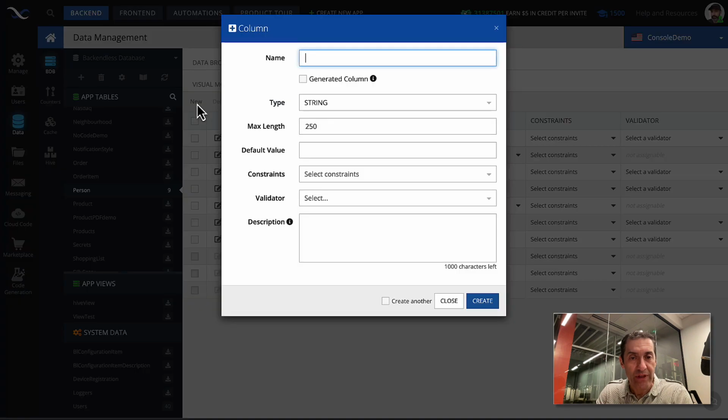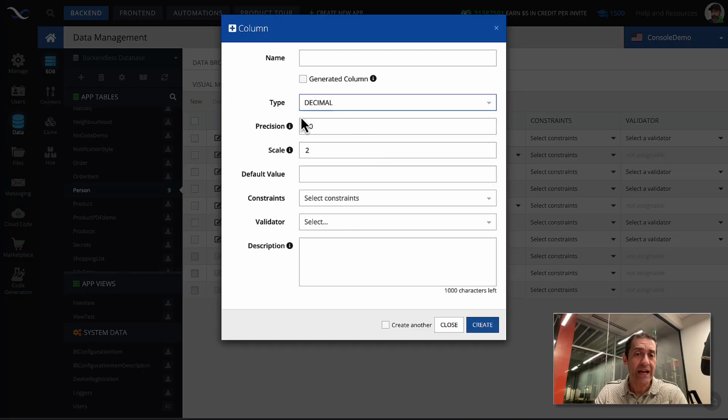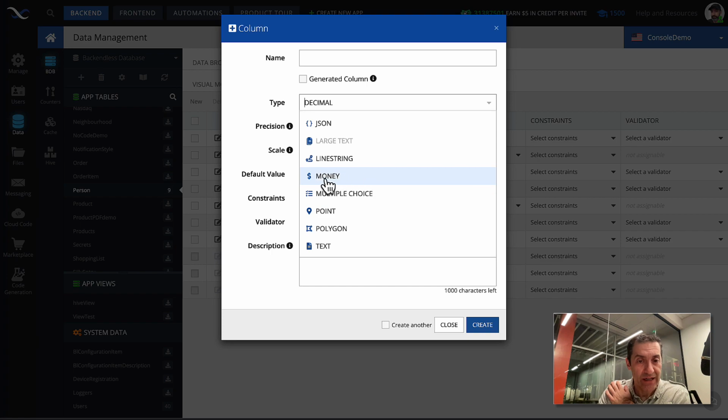the data type that is decimal. So here is decimal. And as you can see, there are these two parameters: precision, which is the total number of digits in the entire number, and scale, and that's how many numbers are going to be after the decimal point. 10 and 2 are going to be exactly the same configuration parameters, where if you select money, here's the data type money.